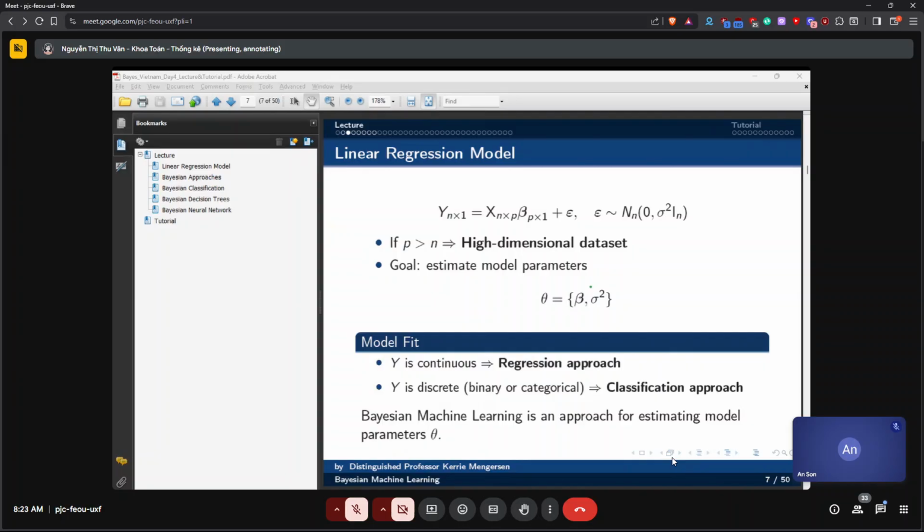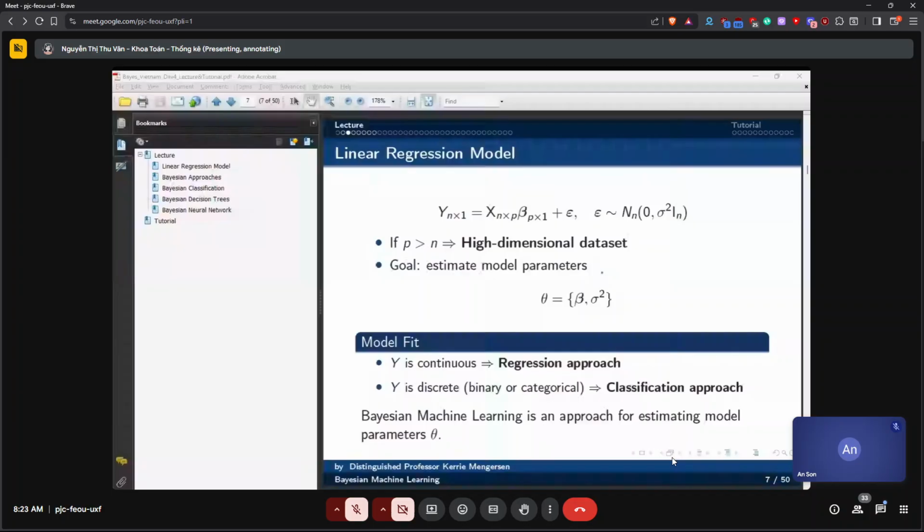And the goal is going to be to estimate the model parameters, the betas, and also the residual variance sigma squared. So we've seen this before in regression. If y is a continuous variable, we have a regression approach. And if y is discrete, so binary or categorical, we have a classification approach.